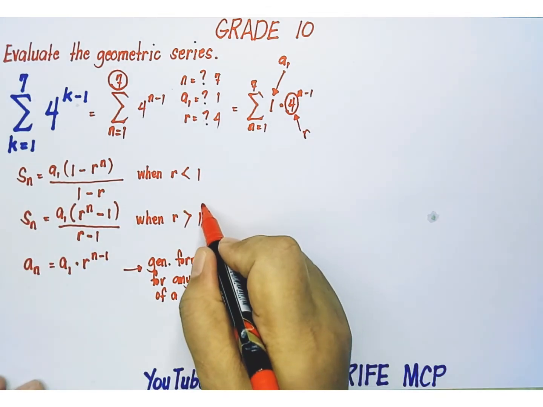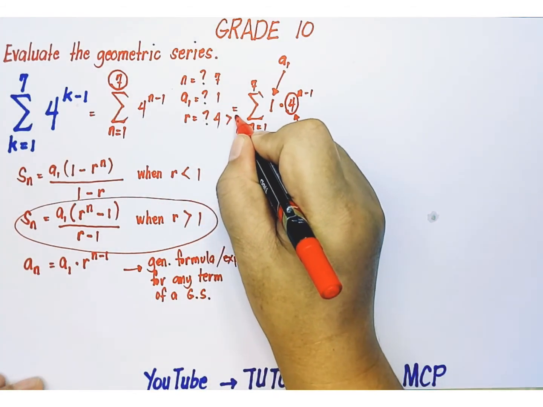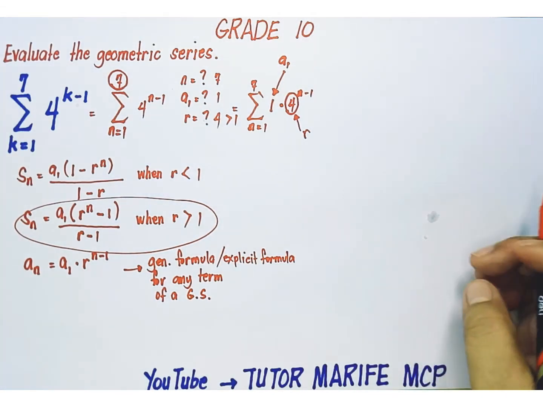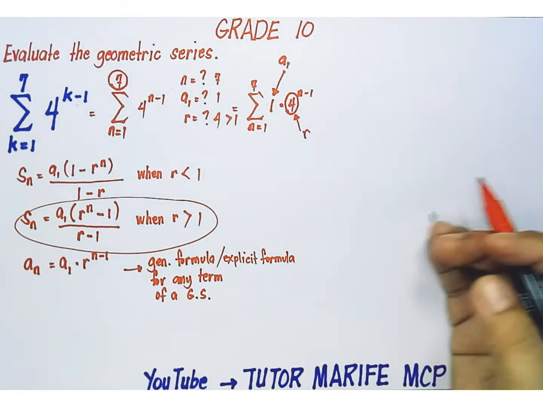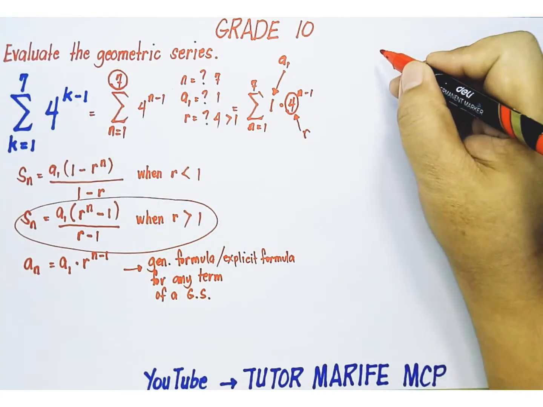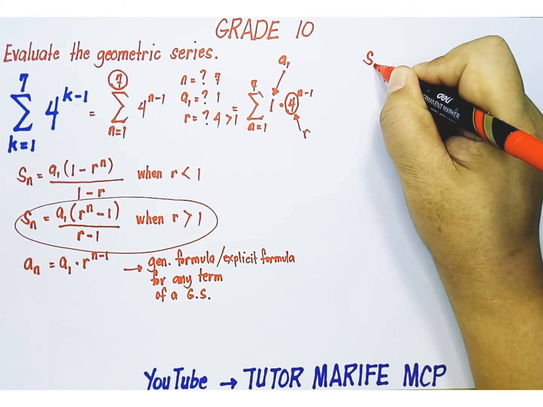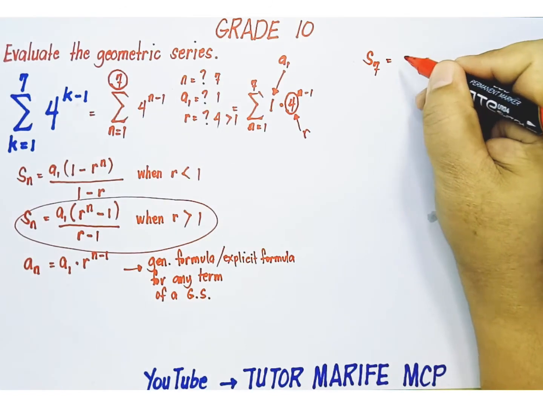So, ito ang gagamitin natin because r is greater than 1. Ang next step na natin is to substitute the known values. So, we're solving for s sub 7. And it's equal to